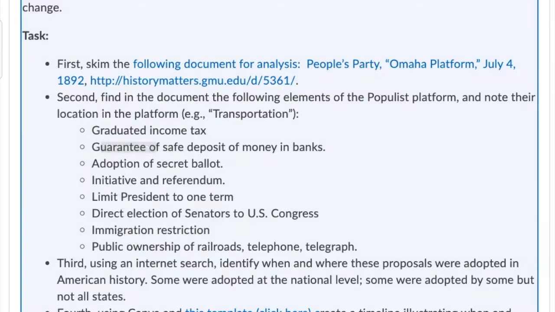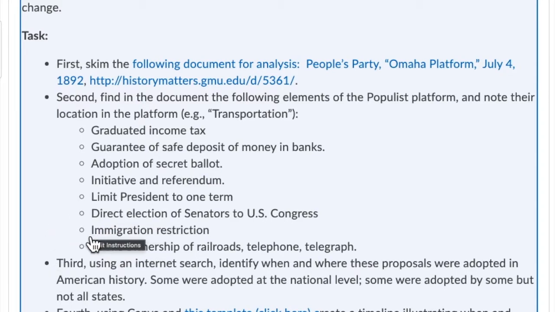Graduated income tax, guarantee of safe deposit of money in banks, adoption of secret ballot, initiative and referendum, limit president to 1 term, direct election of senators to U.S. Congress. That means the people vote for the senators instead of the state legislatures, immigration restriction, and public ownership of